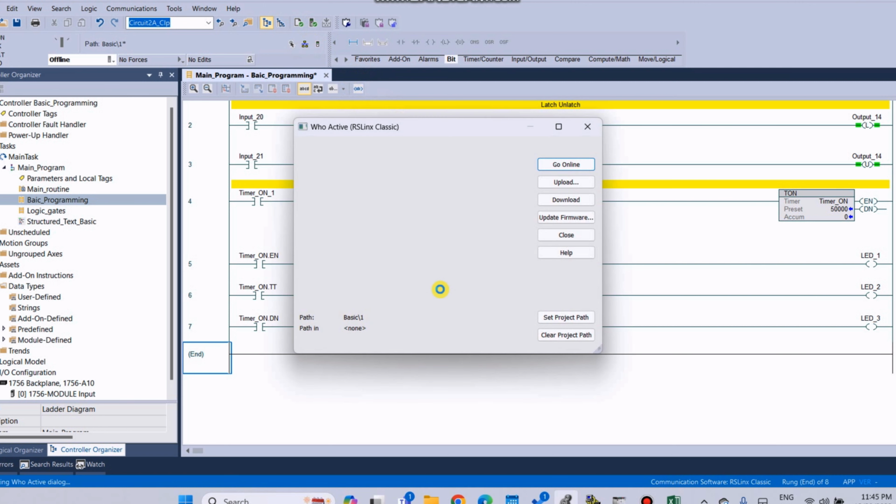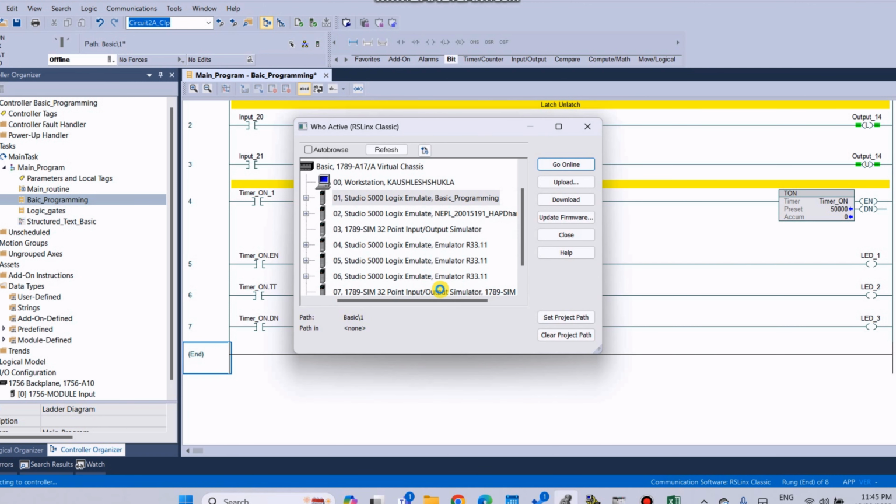So click on download and select the Studio 5000 Logix Embedded Programming. Click on download.